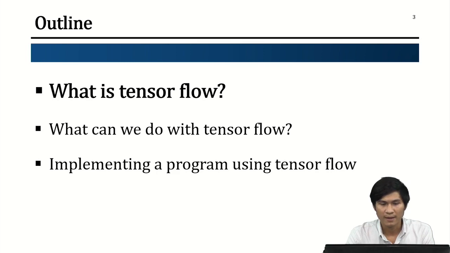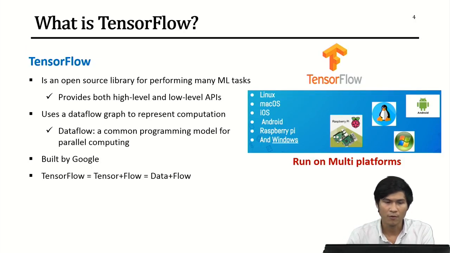So to begin with, let's start with the first point. What is TensorFlow? TensorFlow is an open source library for performing many machine learning tasks. It provides both high-level and low-level APIs. So when we refer to high-level and low-level API here, it means that in high-level API, you can use the API more easily. You don't need to set up many tasks. But in low-level API, you will need to set up many components in order that you can use the API